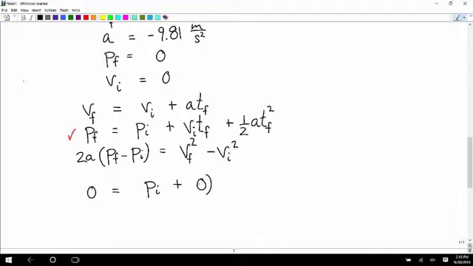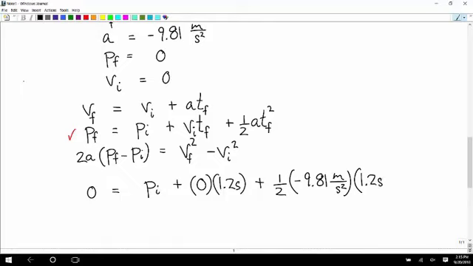So that's 0 times 1.2 seconds, plus 1/2 times the acceleration, negative 9.81 meters per second squared, times time final squared, 1.2 seconds squared. So we have that 0 is equal to P I minus,